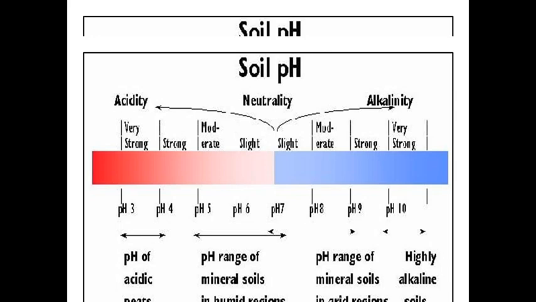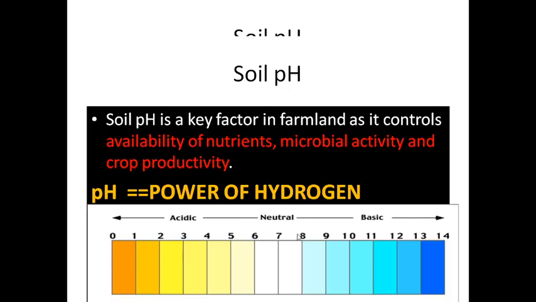Now come to the word ion. An ion is a charged particle. Hydrogen ion plays a vital role in determining soil pH level. The hydrogen ion concentration is expressed as pH. The range of the pH scale varies from 0 to 14,